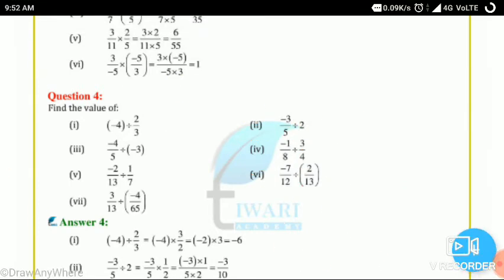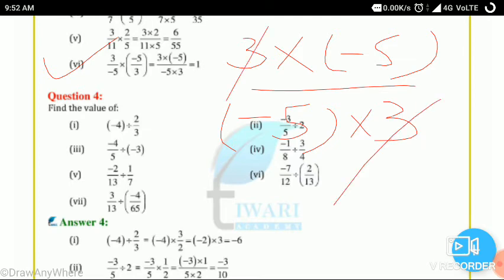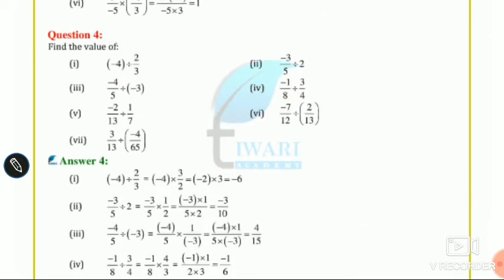Sixth number, 3 upon minus 5 into minus 5 upon 3. So it is very easy. First we write the numerator as it is, and after that the denominator of both rational numbers. So minus 5 into 3. So 3 in 3 is common in numerator and denominator. Simply cut it. Okay, 3 ones are 3. In the same way, minus 5 also reduces this way, because it is common in numerator and denominator. So which number is remaining? 1, right? So 1 is our final answer. Okay students, understood?